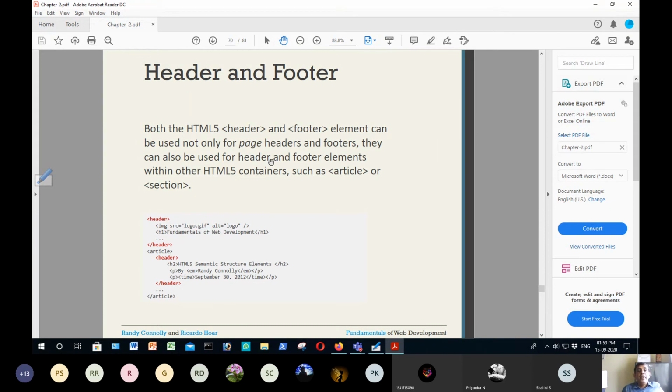So the question may be: with examples, explain the semantic tags of HTML5. What are semantic tags or semantic elements? Here I am using tags interchangeably with elements. I told you an element consists of contents and controls. Control is the tag or tag name.